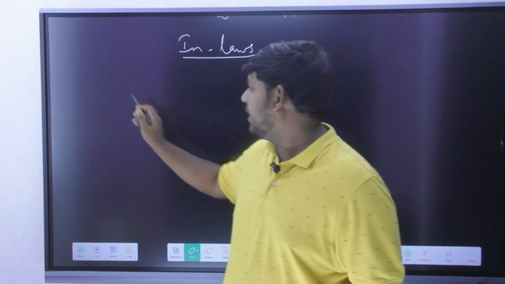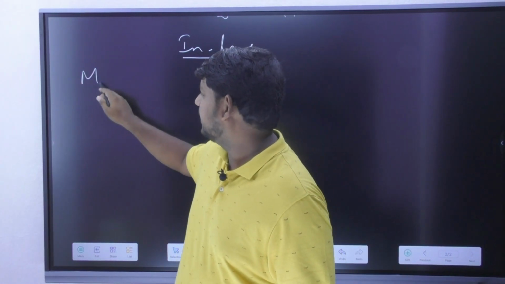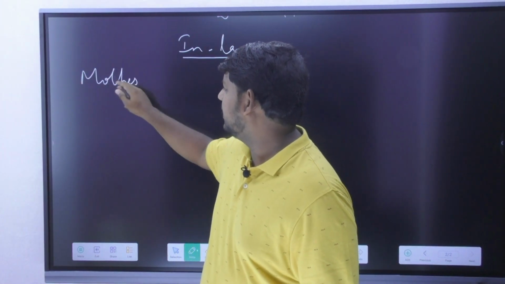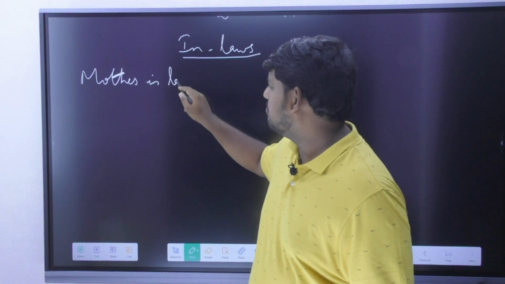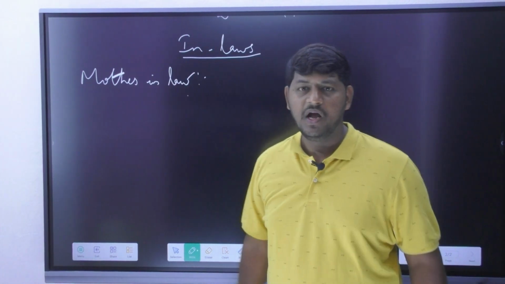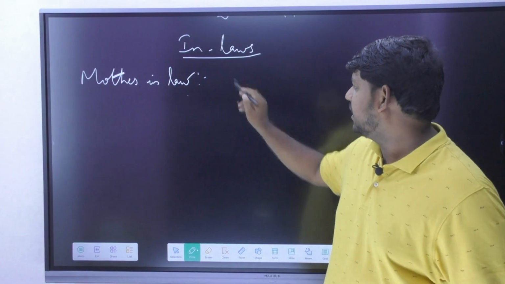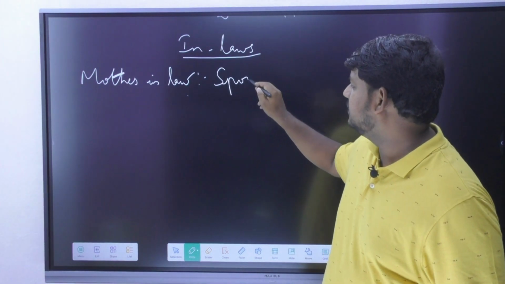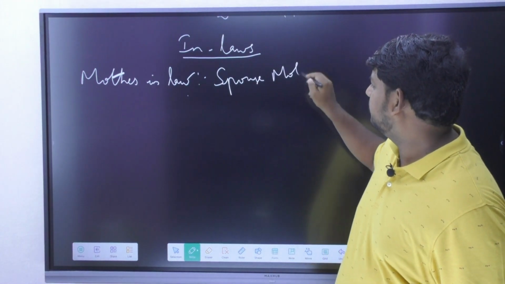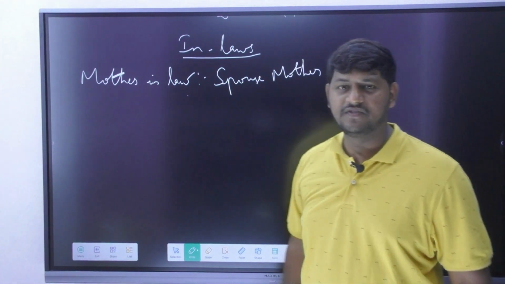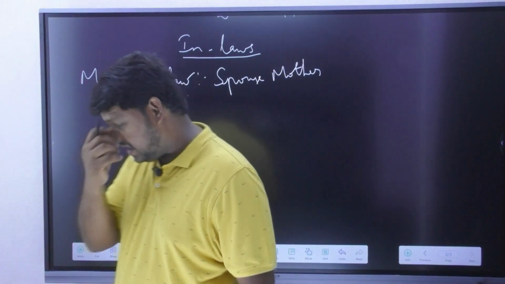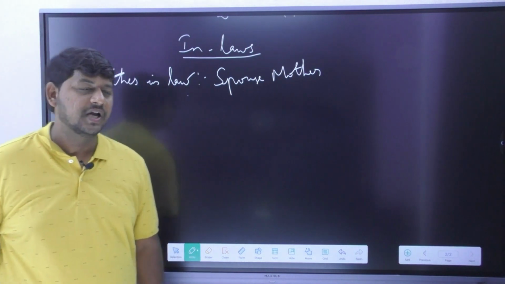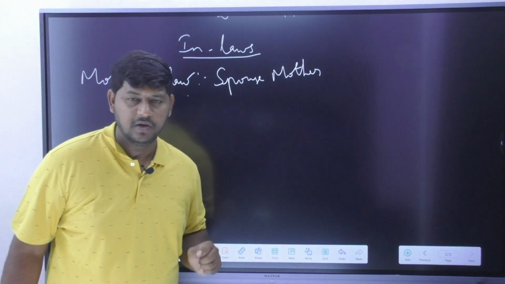Now let us categorize these persons also based on the generation only. Now let us go with the first person. You know who the first person is here? I have to say it is mother-in-law. Now mother-in-law is nothing but your spouse's mother. Your spouse's mother, but for both male and female this information is applicable. Your spouse's mother is going to be called what? Your mother-in-law. Am I clear?